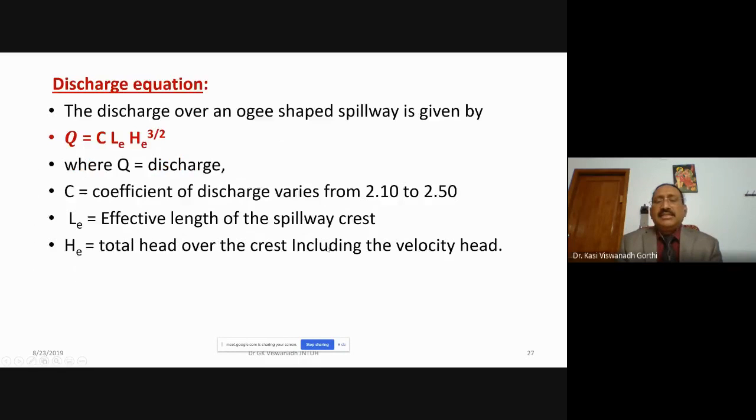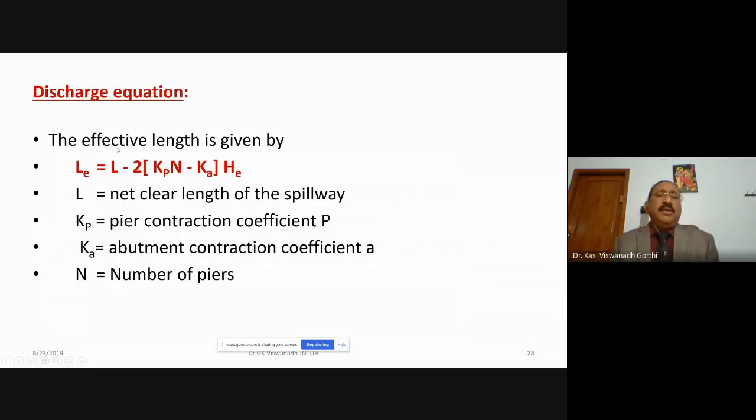There are certain conditions, as I told you. The velocity of approach, the velocity head, may be neglected. The effective length is given by Le = L - 2N(Kp - Ka)He, where Kp is the pier contraction coefficient and Ka is the abutment contraction coefficient, because the spillway crest is provided